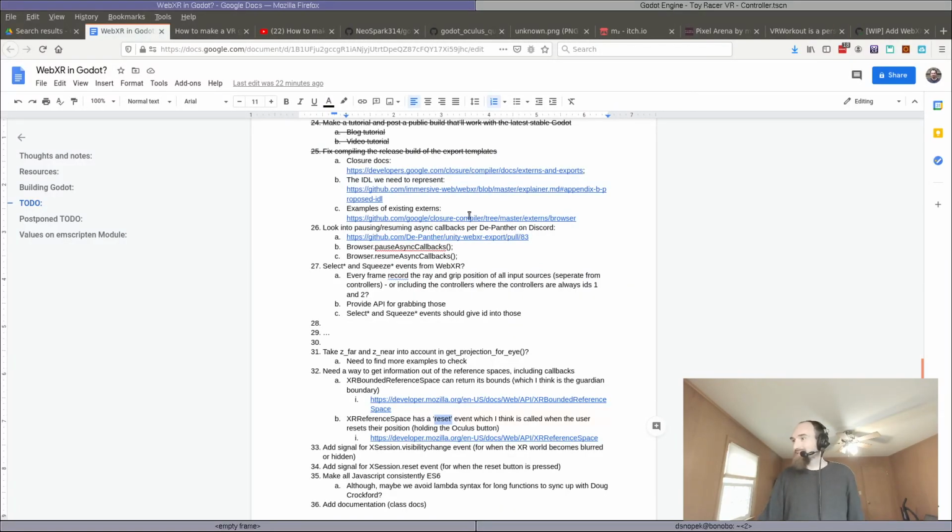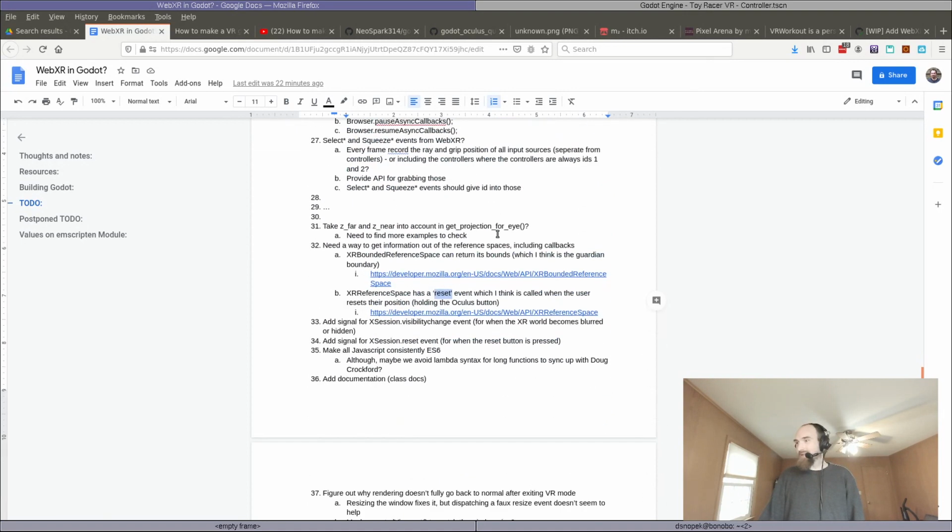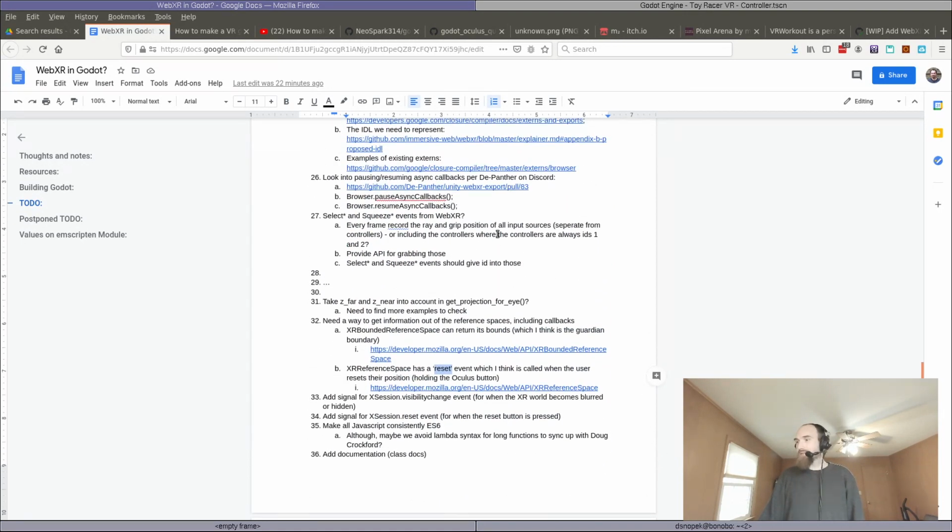Next up, you can see here my giant to-do document. I'm planning to work on finishing up a whole bunch of odds and ends related to VR support in WebXR. So one of those things is I want to finally add support for the select and squeeze events. I mentioned that in a previous progress report. I had started working on it, but didn't get it with quite the API that I wanted. So I want to go back and finally address that, as well as just a bunch of other odds and